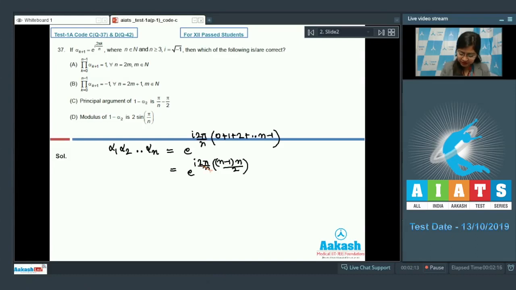So here we can see both n and 2 will get cancelled. So this is equal to e raised to the power iota pi into n minus 1,